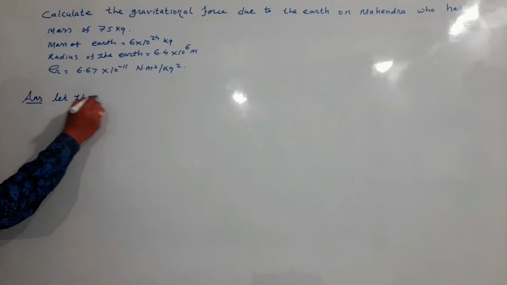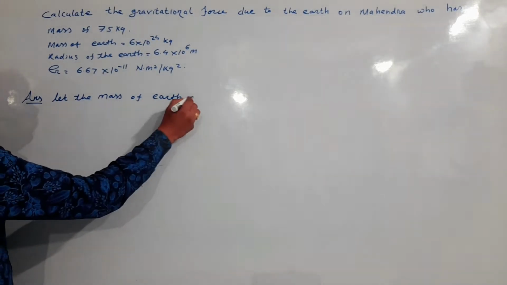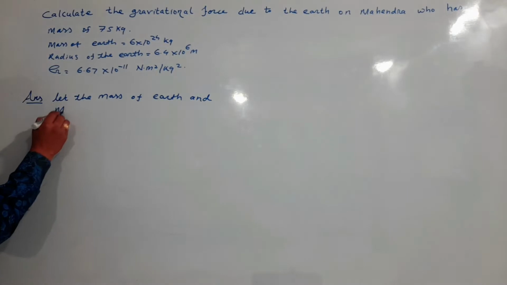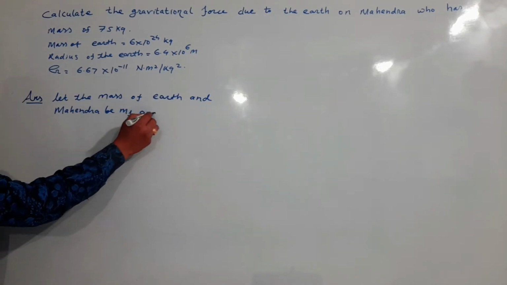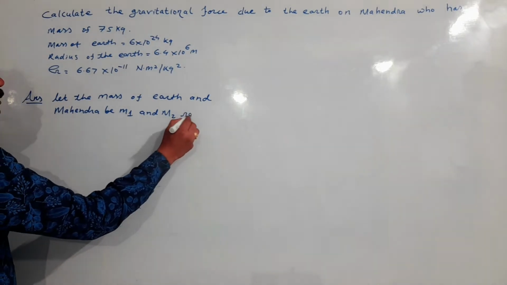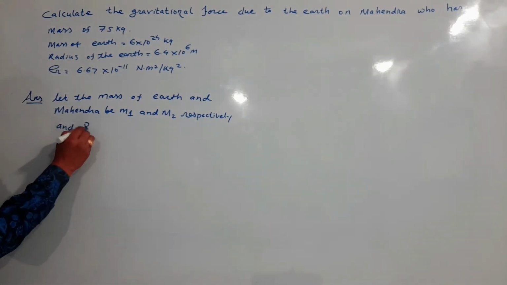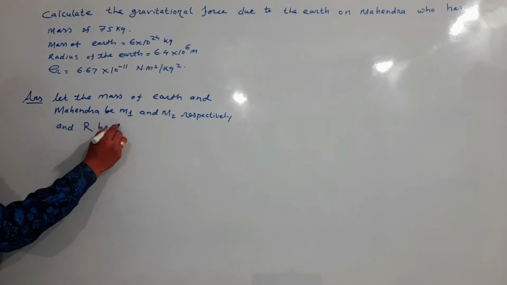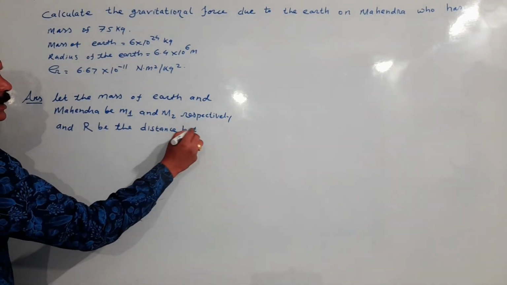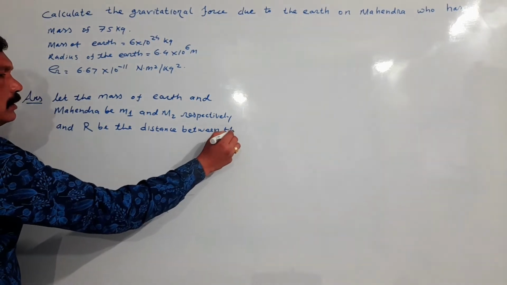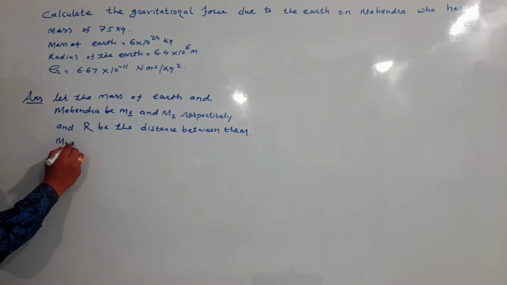Let the masses of Earth and Mahindra be M1 and M2 respectively, and capital R be the distance between them. Therefore, my dear student,